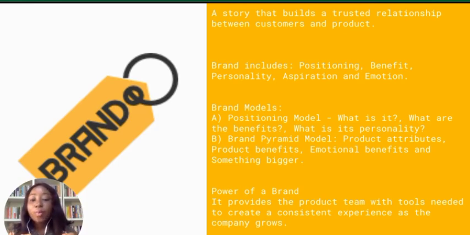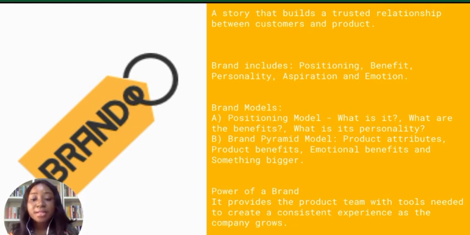Something bigger is more like when you've been able to successfully give your product the right attributes that your users want to see, when you've equally solved their problem, given them the right benefits that they want, and appealed to their emotions, that is, you've won their hearts, you have this first impression that makes them want to stick with you over time. Truth is, if we've been able to successfully answer those questions with your product, you'll be able to dent the universe, and that is where the something bigger comes in.